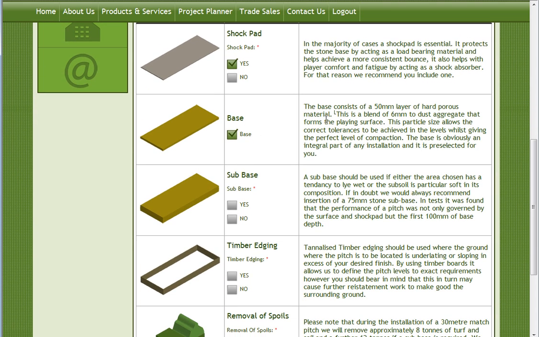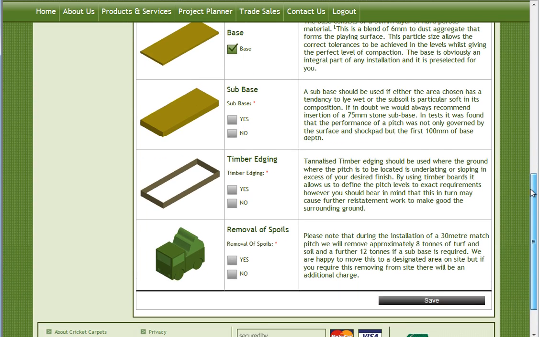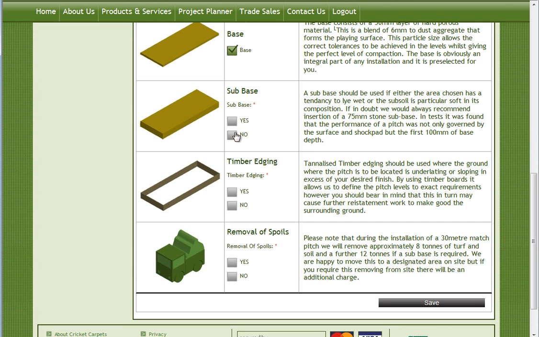The base, again, a brief description. That's always on because every pitch has to have a base. Sub base, do we actually want to create a stone raft underneath it? Again, there's an explanation here of why. So if we say no in this case, do we need timber edging? We'll say no. Do we want spores to be removed? Yes. And then we can save the quote,